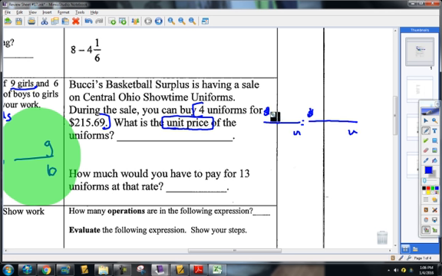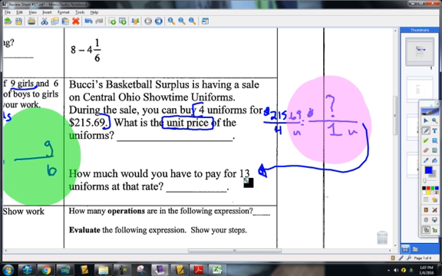Your fake ratio then is $215.69 for 4 uniforms. Well, if we want to know the unit price, we want to know how much one uniform costs. Okay? Then, once you figure out that information, now you're down here. Well, if you know that this is your unit rate or your unit price, you're going to take that